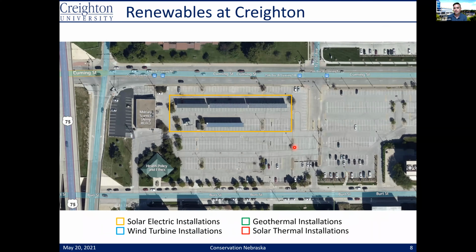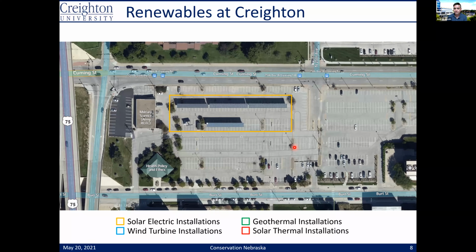So I want to focus in on this Cumming Street array, and I want to look at it again through that lens. So when this was designed back in 2010, we had to really be thoughtful being an urban design, in particular for parking. Anybody who's gone to college or university knows that parking is a nightmare everywhere, and it's no different at Creighton University. And so when this was designed, we had to think about how do we avoid some of the complications of parking. And it turns out that we lost 2 parking spaces when we constructed this array. So that's a win.